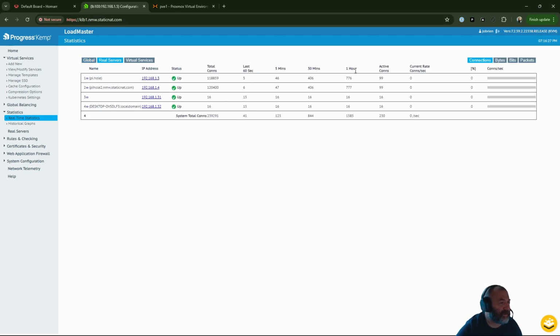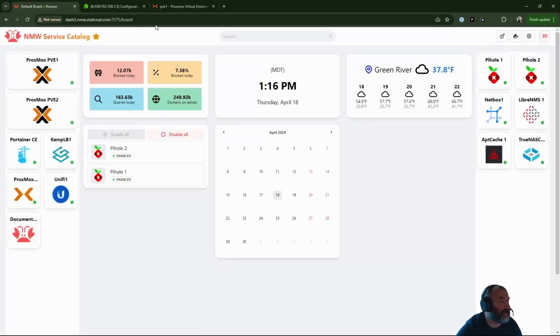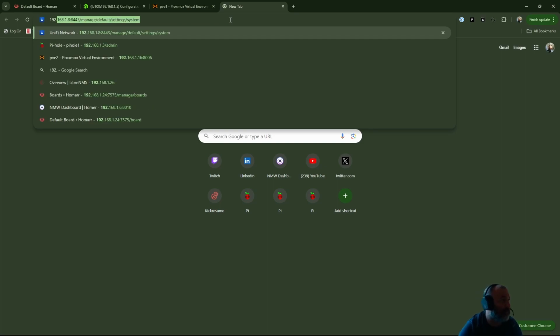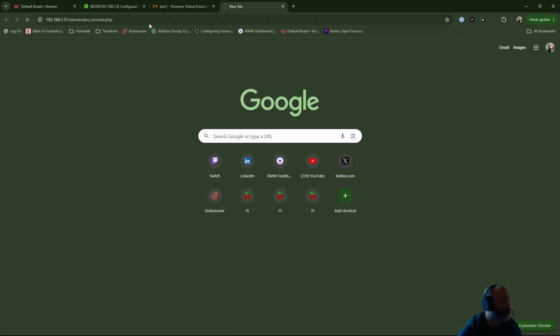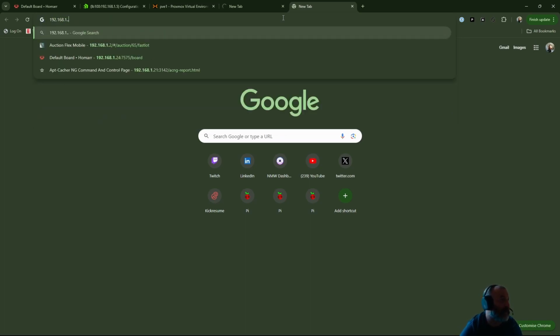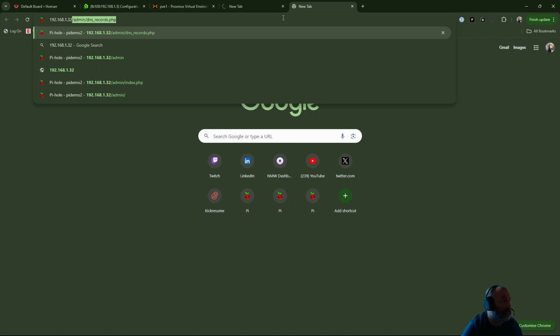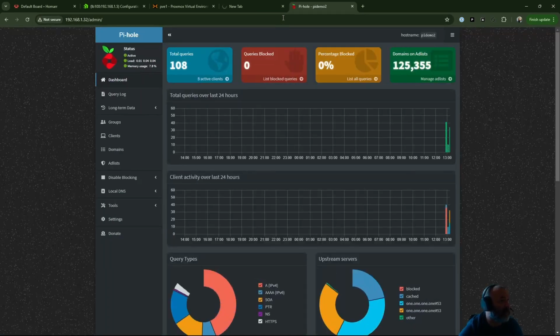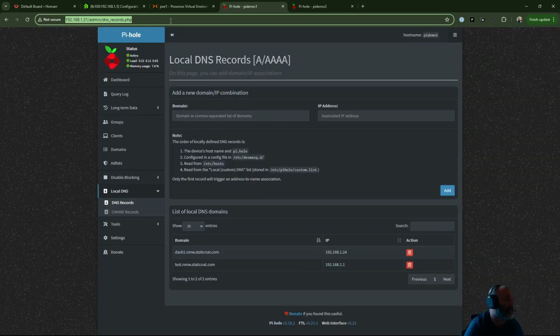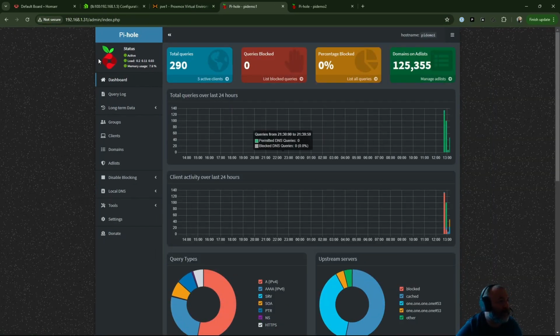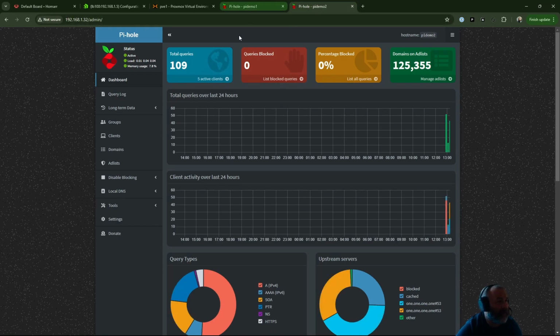And you can see total connections that have gone through these. And these are the ones that we just did. And then if we go back into these, so if we do 192.168.1.31, maybe 192.168.1.32. Just get rid of the DNS record side and just do admin. Yeah, there's the admin side. Let's get rid of the records. There it came up. So if we look at this, these are increasing, and they're increasing based on